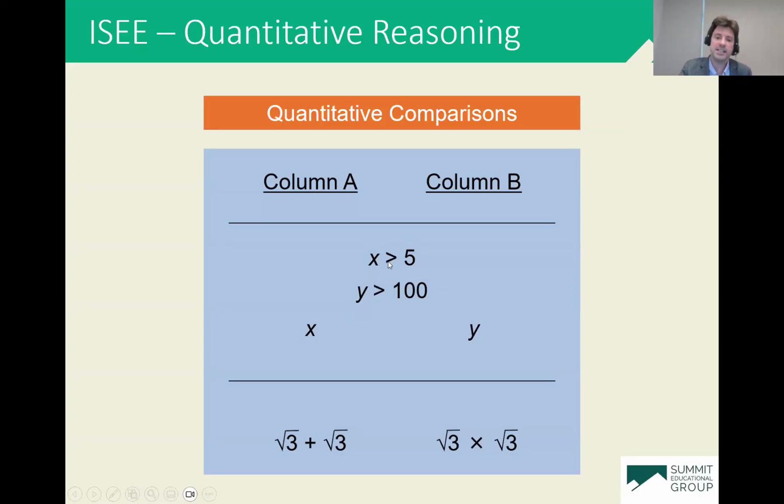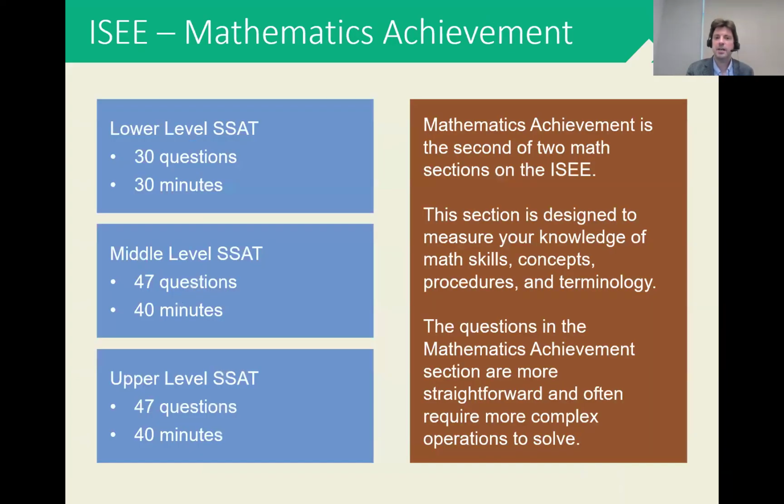So to give you an example here, X is greater than 5. Most students are going to be like, oh, well, X is 6, Y is greater than 100, that's 101. 101 is greater than 6, so the answer choice is B. But that's not actually what it's saying. X is greater than 5, so X could be 1,000, and Y is greater than 100, so Y could be 110. And now 1,000 is greater than 110, so now the answer choice is A. So there's more than one answer choice here, and that's why the answer choice is D. And again, very susceptible to coaching. When students know how these quantitative comparisons work, they have a much, much easier time with it.